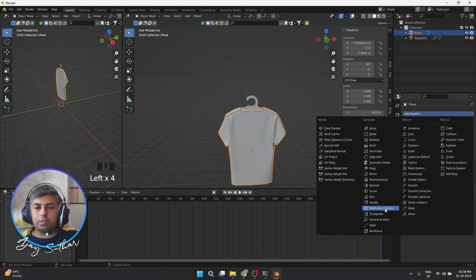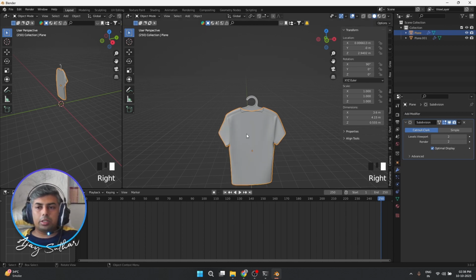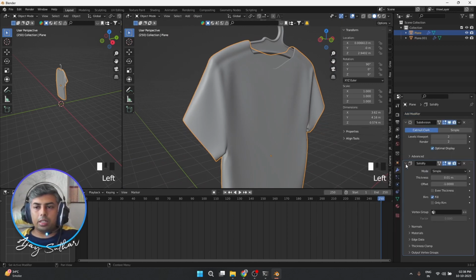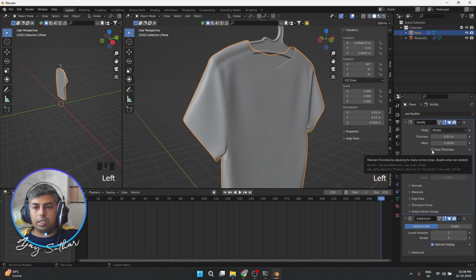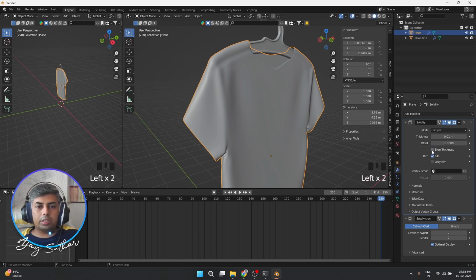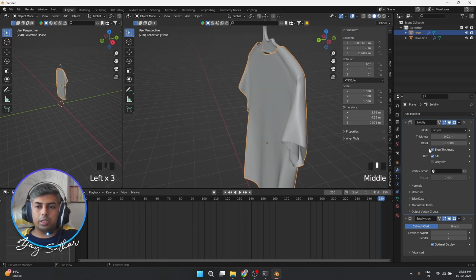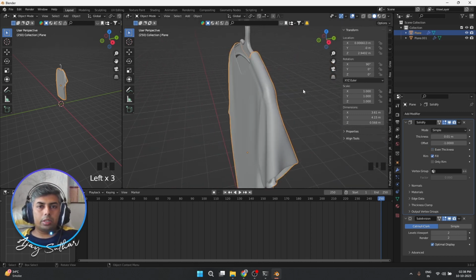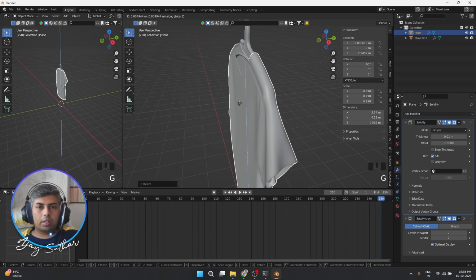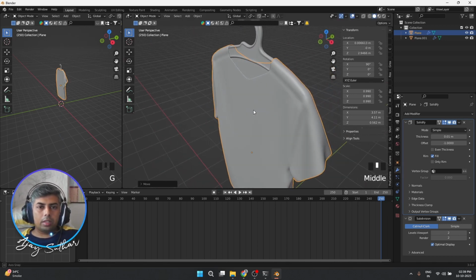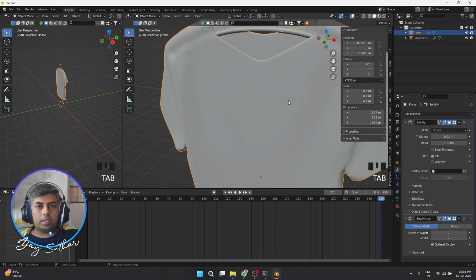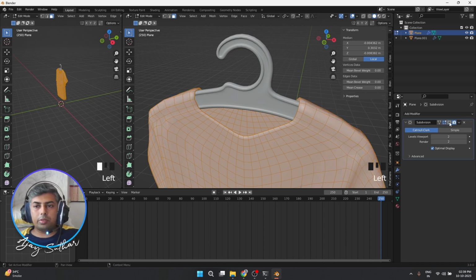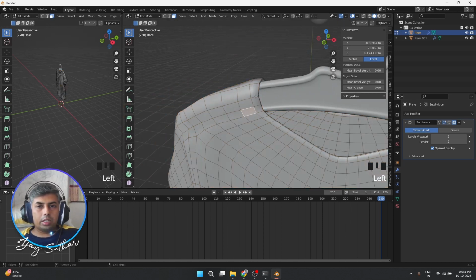T-shirt is done. Let's give a smooth surface, subdivision surface, I mean. This goes good. Let's have a solidify a little, and no even thickness. It will pinch somewhere. If you see, let's check. So this is better. Okay, and now I need to apply this solidify through edit, switch off the subdivision surface, and